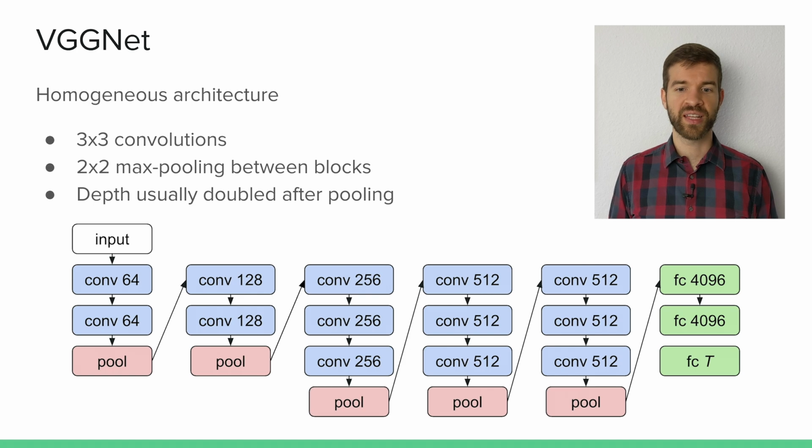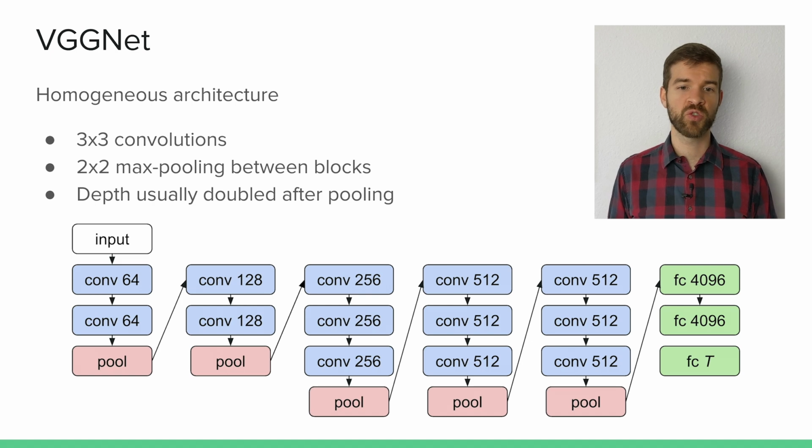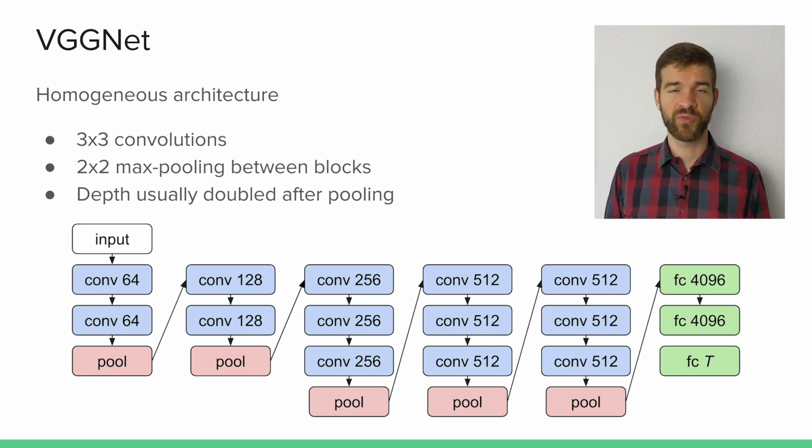And how it works is that it has multiple blocks here, and it uses 3x3 convolutions and 2x2 max pooling between these blocks. The general idea is that we take our input image, we make it smaller in the step between each block, but we add more information by adding more feature maps to the convolutions. So you can see here, the first